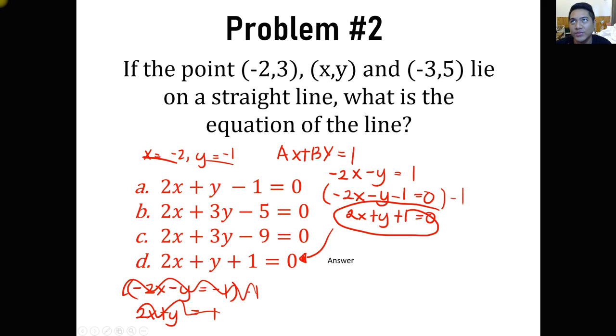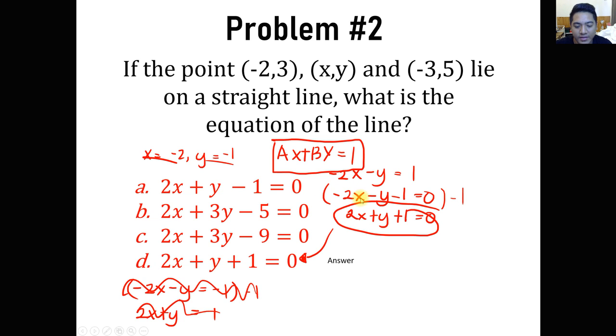So we'll just have to realize that what we are getting for the x and y's are actually the coefficients of this form ax plus by equals 1 of the equation of the line. The same thing that we have done on the previous problem. So that's why we have equal 1 on the other side of the equation.